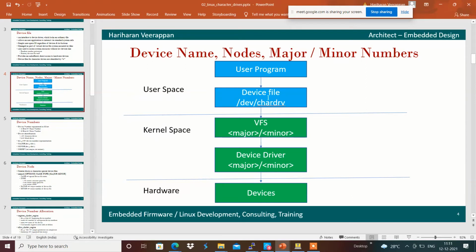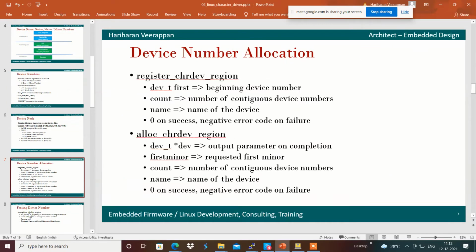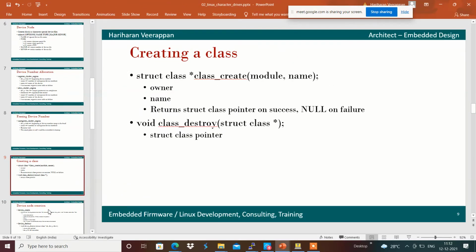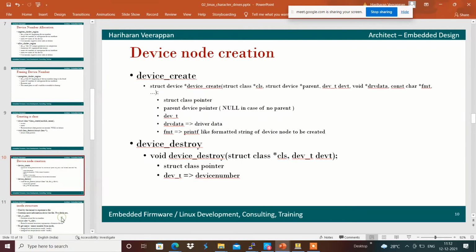For that, we have the device file with the major and minor number, and in the device driver we have allocated or registered the device number with register_chrdev_region and alloc_chrdev_region, and unregistering over here. In order to create the device file dynamically, we have used class_create and device_create, and to clean up, we have used class_destroy and device_destroy accordingly.